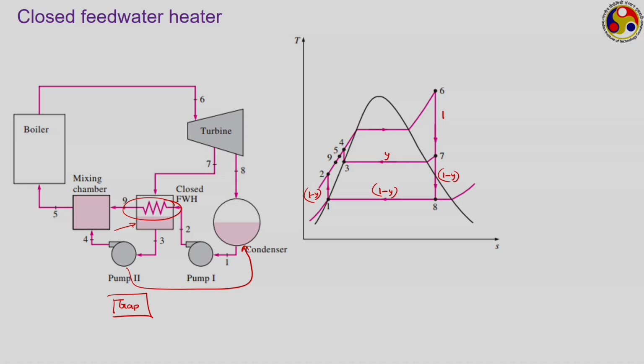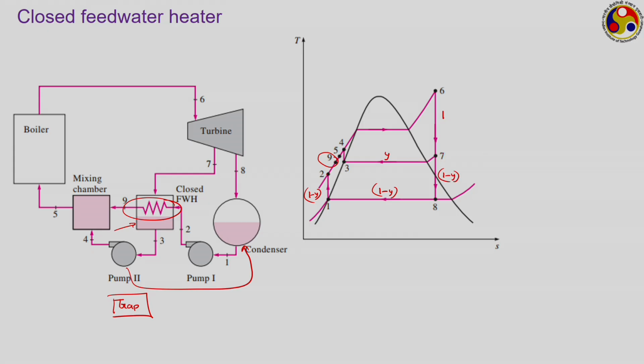Then we have the feed water heater, but as there is no direct mixing, after the closed feed water heating they are not going to be at the same temperature, rather they will be at different temperatures. Look at this, the state 2 goes to state 9. So, the condensate whose pressure has directly been raised to the boiler feed pump pressure is heated up to temperature 9,